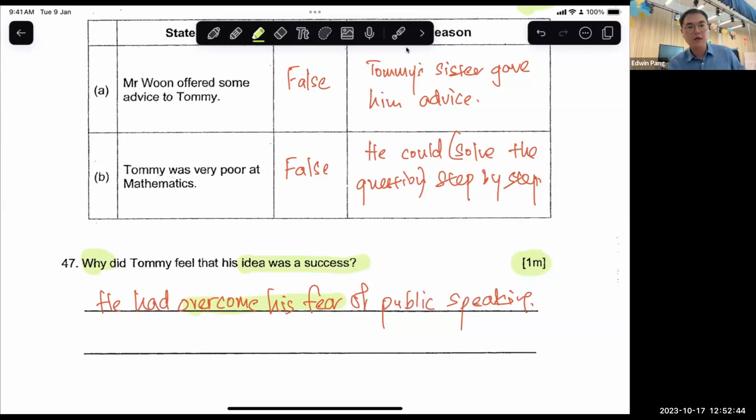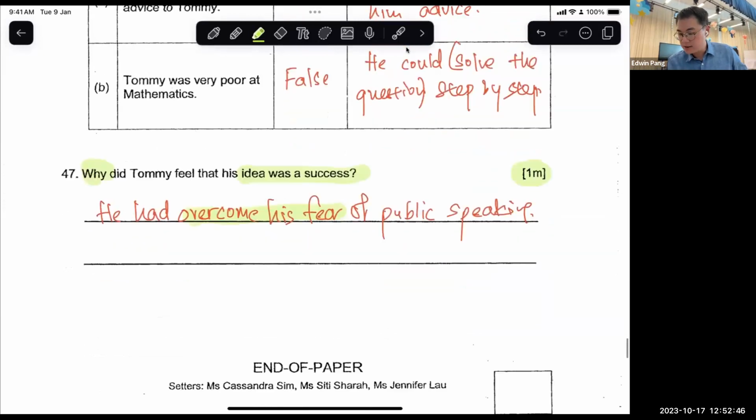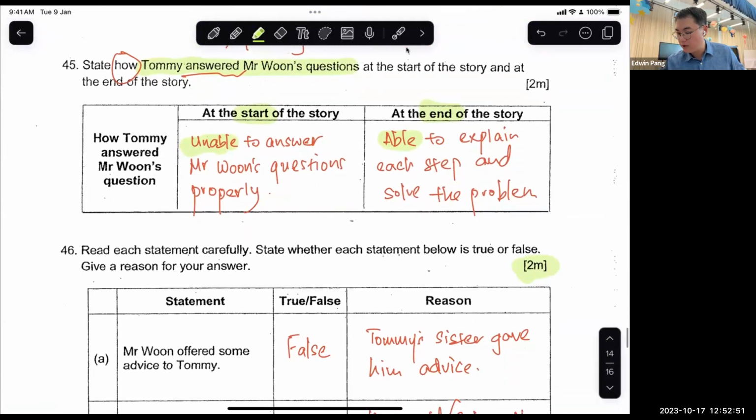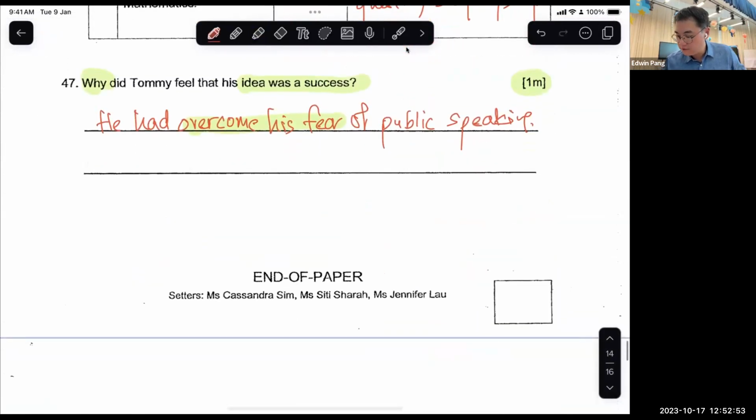All right, very good. Please then total up your marks at the bottom here. This page has altogether 5 marks as well. 2 marks, 2 marks, and then 1 mark. So you get a total upon 5. So total your marks up upon 5 for this section. I will send you, along with the video recording of today's session, the final answers for your closed passages as well. So you should be able to come up with a total mark for your paper after I send that document to you. Can you all please total that and bring your papers to school tomorrow? Not tomorrow, sorry, on Thursday when you come back to school.